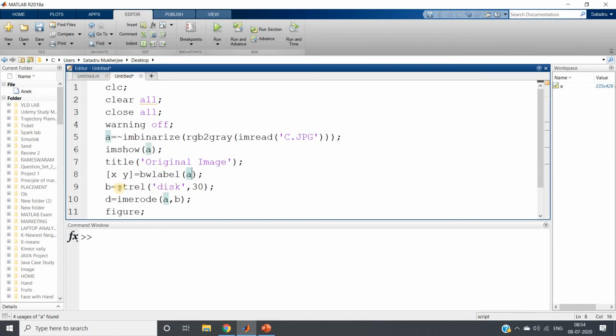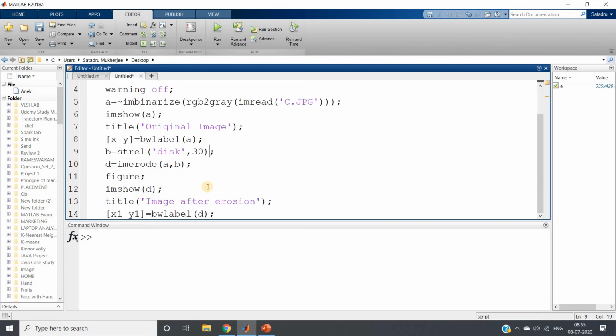Then we are taking a structuring element, a disk of size 30. As I have told you, we have to take a sufficiently large size to make all of them disconnected. Then I use imerode with A and B, performing erosion and showing the eroded output, and on the eroded image we are applying bwlabel, and by default, as you know, we are not giving the second parameter, so it will take 8 neighbors.